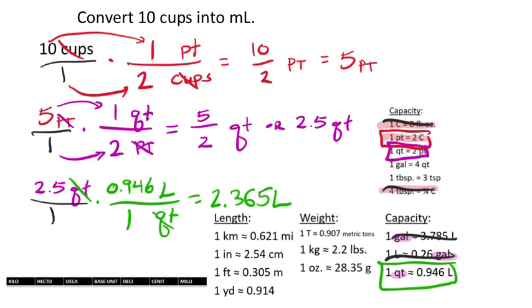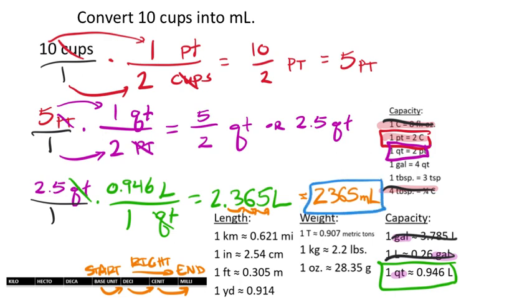Well, that's nice. But it doesn't want liters as our answer, right? We've got to change those liters into milliliters. So that means we would start at the base unit, which is a liter, and we would end at the milliliters. So the decimal is going to move to the right 3 times. That's correct. To the right, 1, 2, 3 place values. So we move that 1, 2, 3 times to the right, and we get about the same values, 2,365, but the label has changed into milliliters,